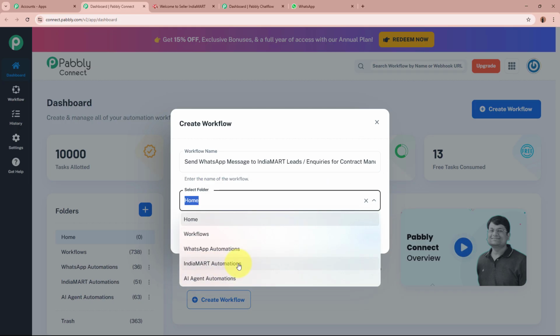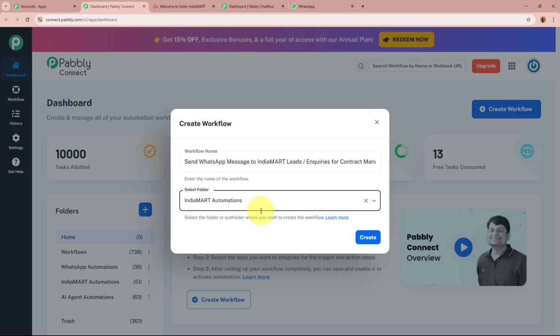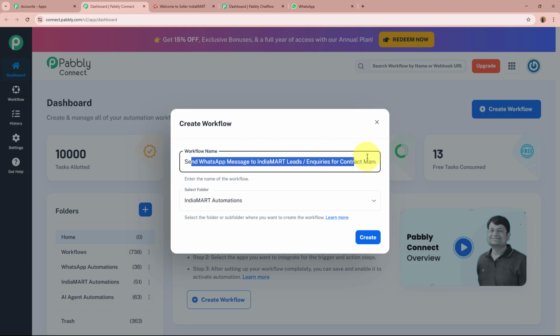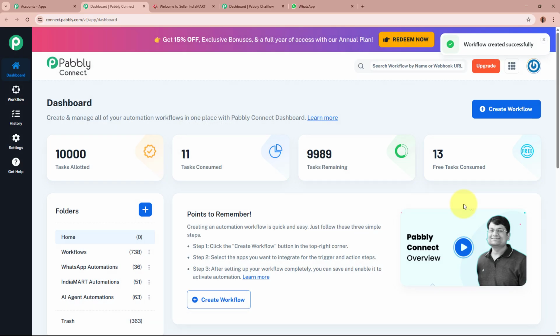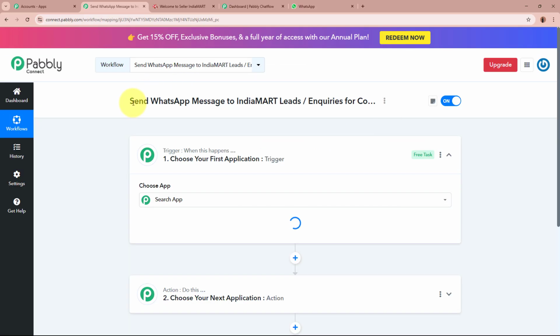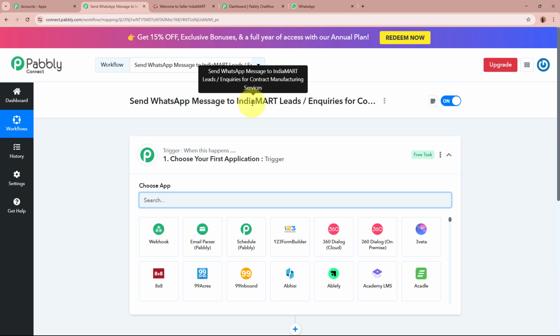These are the folders from which I'm going to select IndiaMART Automations as the folder I want to save this workflow in. After giving the name to the workflow and selecting the folder, I'm going to click on this Create button in order to create a workflow. As you can see, a workflow is created in the name of Send WhatsApp Message to IndiaMART Leads Inquiries